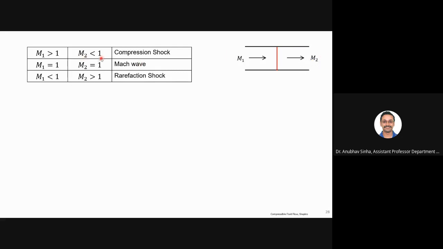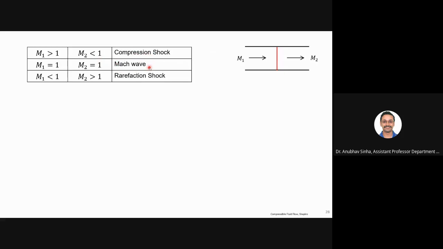From the Prandtl relation we know that M1 and M2 are inversely proportional. So if M1 is more than 1, M2 has to be less than 1, right? This is the normal scenario we are talking about. Another possibility could be a Mach wave, what we just discussed in the last slide. If M1 is equal to 1 and M2 is equal to 1, there's no finite change across the wave. Any pressure or velocity change will be infinitesimal. There could not be any finite or large change across a Mach wave, like what happens in a shock.